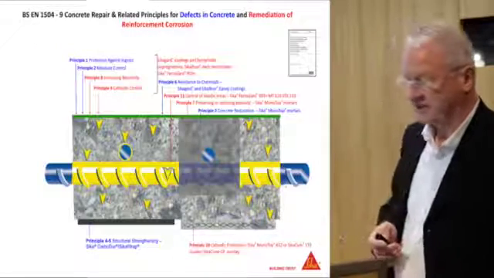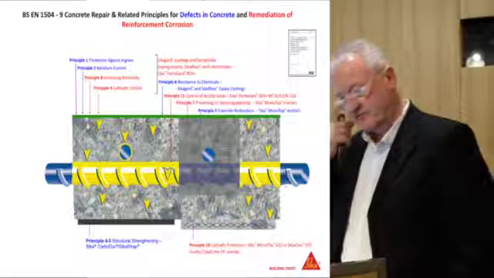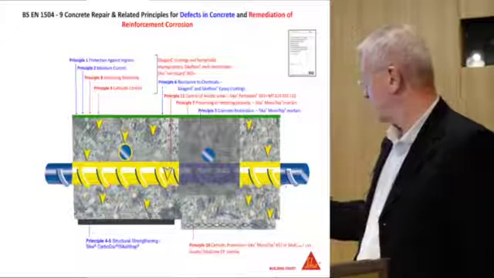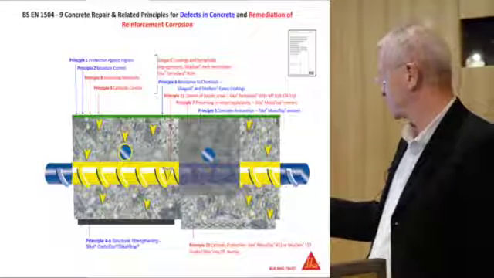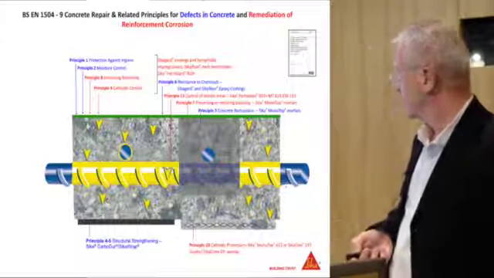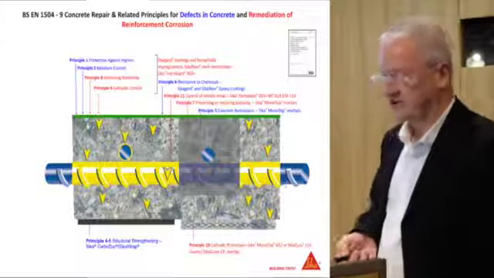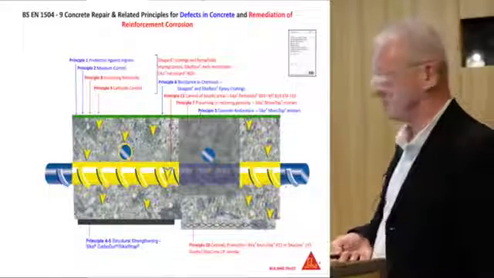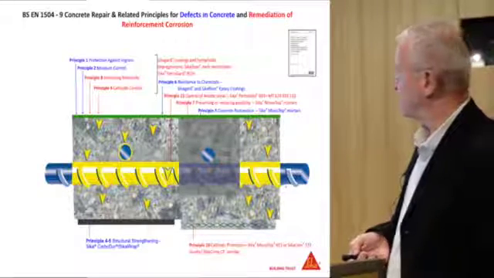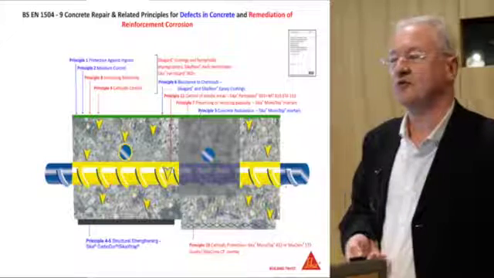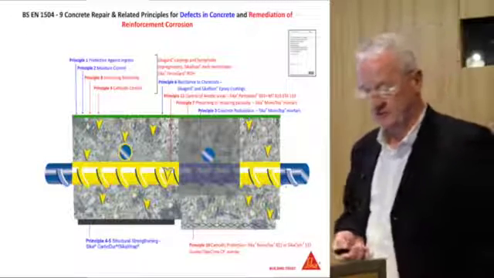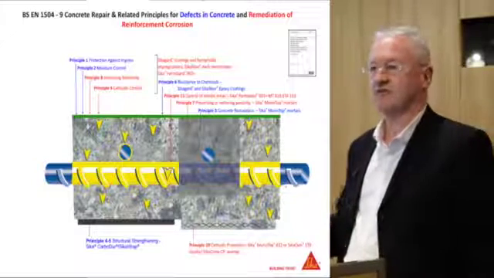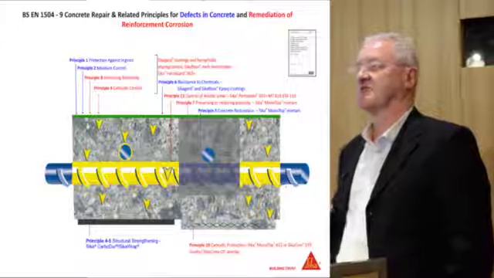So if we start to look at the defects in concrete and remediation of reinforcement corrosion, we can see that an area here we would break out, we then put the repair material in. So principle 1, protection against ingress. Principle 2, moisture control. Concrete restoration, where we use the Monotop repair mortars. And then something that we'll cover later on this afternoon will be the structural strengthening, principle 4 and 5. And we've got principle 6, resistance to chemicals, and again we've got a series of coatings that will, if